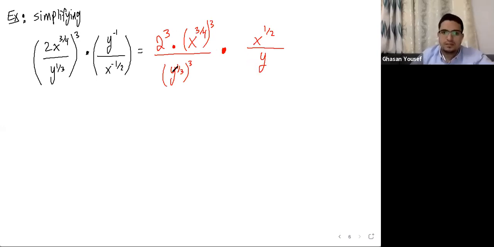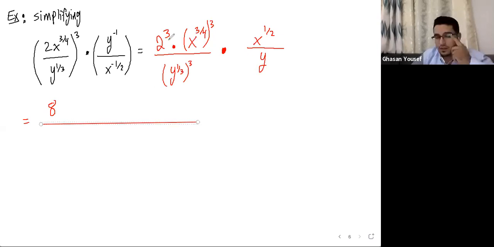Now we can simplify this fraction here. So I get equal 2 to the power 3, that gives me 8. And here I can make one fraction for everything, just one fraction. So the first one here I get 8 because 2 to the power 3 gives me 8. x to the power 3 over 4, everything to the power 3. So I just multiply the two exponents. So I get here times x to the power 3 times 3 is 9 over 4